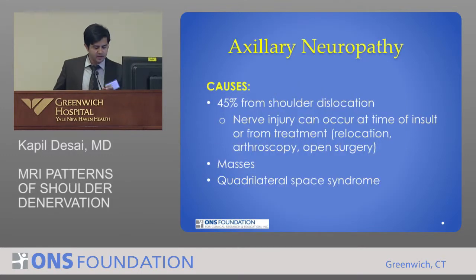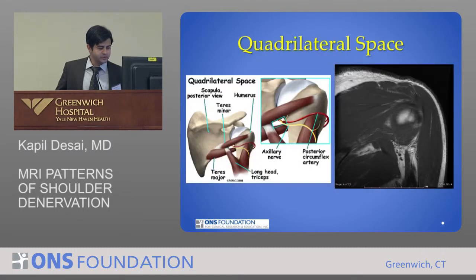Axillary neuropathies, unlike suprascapular neuropathies, are almost always from trauma. About half occur from shoulder dislocations, and the injury to the nerve can occur either at the time of the dislocation or during treatment, either when the shoulder is relocated or during surgery. Masses are actually a rarer cause of axillary neuropathy. Suprascapular neuropathies are more often caused by masses, although there is a specific entity known as quadrilateral space syndrome,